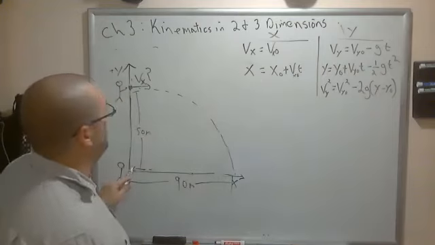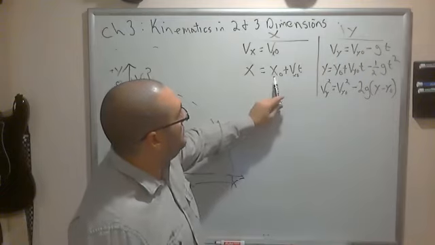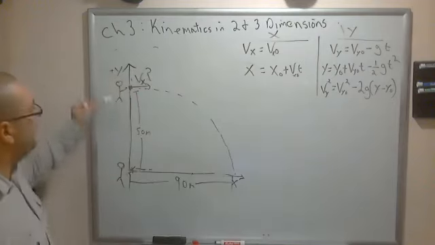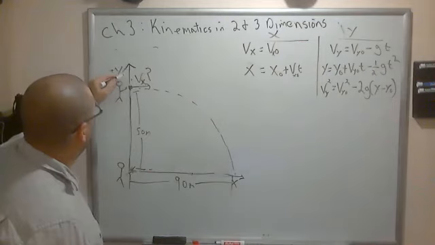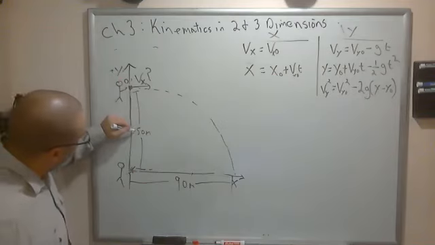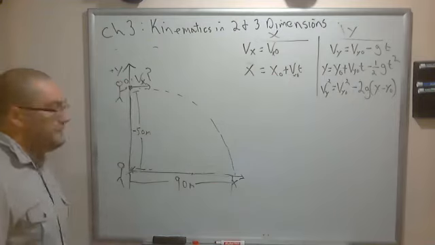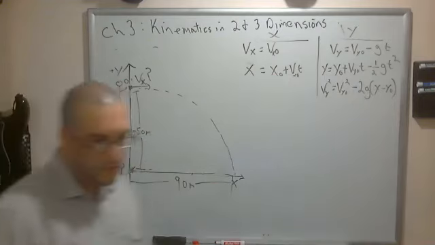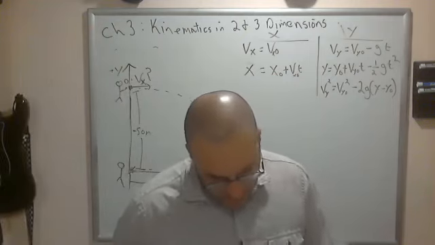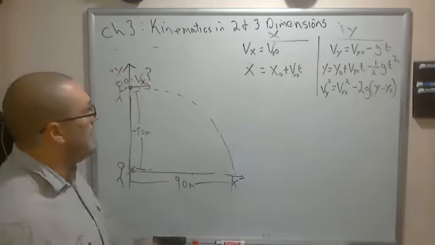If we choose the origin to be down here, we're left with these initial positions, right? So the easiest way to do it is to set this as our origin. And this means that the displacement is a negative 50 meters. Okay? Now that we chose the coordinate system to simplify our equations,